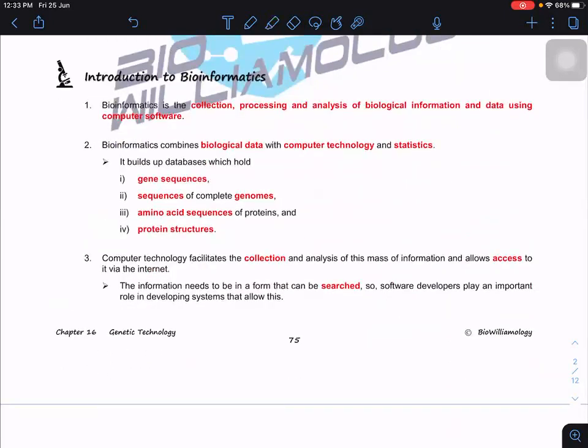Okay, so we start with the introduction to bioinformatics first. Basically, bioinformatics is defined as a collection that we can use to process or analyze biological information and data using computer software. Very important, the whole world is doing sequencing. We don't want to repeat what someone has already done. So we want to collect the data. It's basically a database. The bioinformatics system is a database for us to collect, to process, to analyze the data and